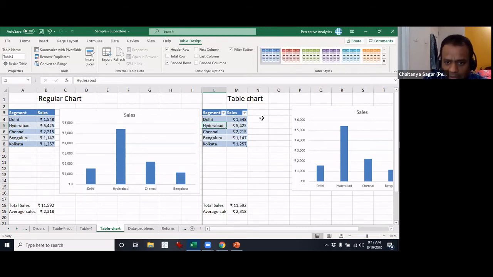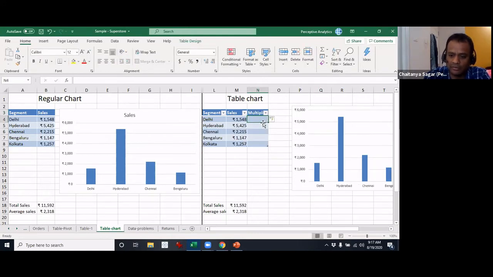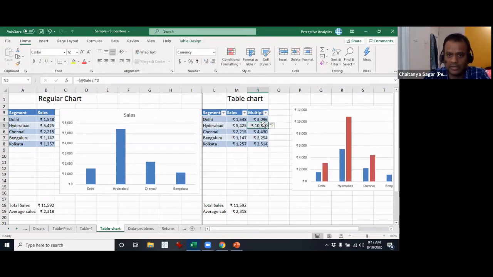Also, for example, if you would like to add a formula to this one. There's only one column, so you can't actually do much with one column, but I will do it. Let's say I will call it multiple, just for the heck of it. And let's say we want to multiply this. You can insert any formula, but let's say you want to do it like that. I think what has happened is very obvious. It basically copy-pasted the formula across. This is a useful tool, and the chart also updated, so that's a good thing.